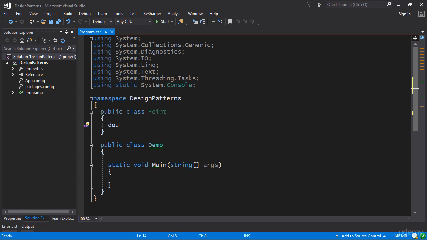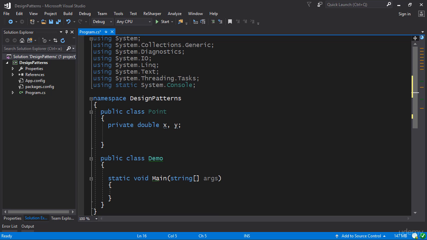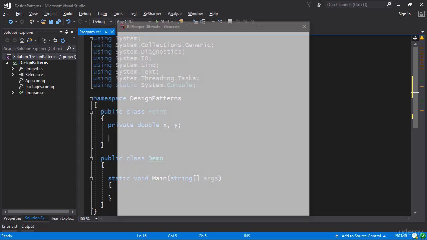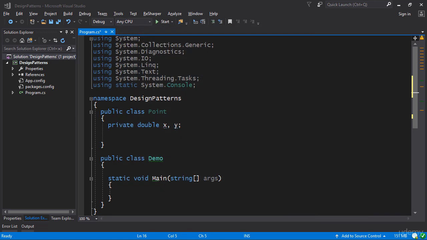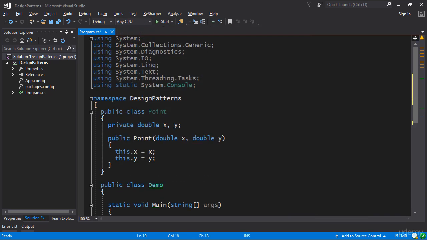We may as well have them as fields. So we'll have double x, y. That's going to be the coordinates of a particular point. And then of course you go ahead and you make your good old-fashioned constructor where you initialize the x and the y. Now what happens later on is you realize you also need to initialize the point from polar coordinates,